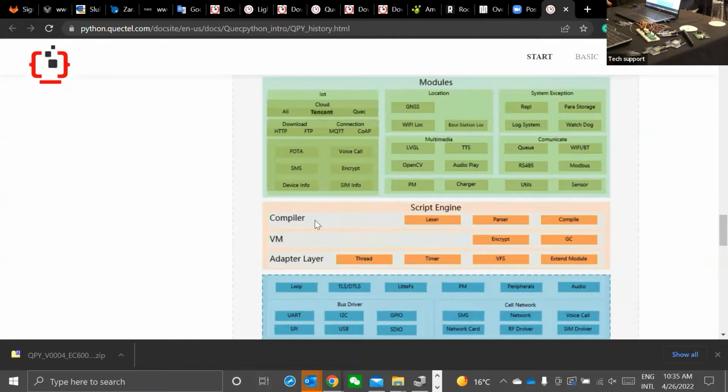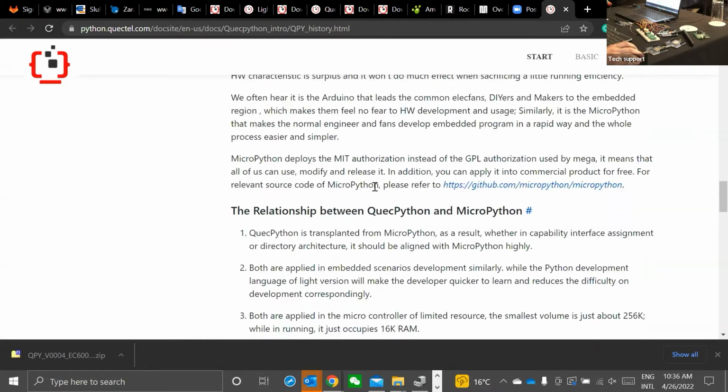Actually, all the time, if you ever use Python, you know that, for example, if you import library os for the operating system, you have a similar, or let's say even equal, library in QuecPython. But before that os, you have to put u, like micro, and everything else is the same. You will see afterwards in some code examples how it works.